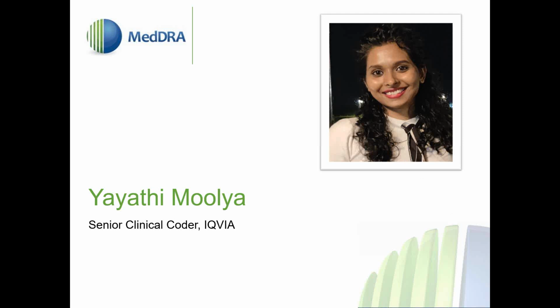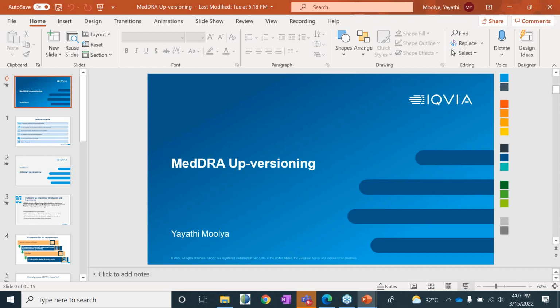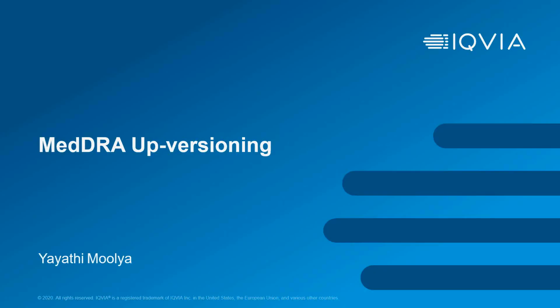Yeah. Did you mute yourself? Just a second. Hi, everyone. Good evening. My name is Yayathi Mulya. Thank you, Brian, for introducing me. Now it's unmuted. Can you confirm if I'm audible? Yeah, we can hear you, but we're not seeing your screen yet. Did you accept? I apologize. There is a bit of a... Yeah. Right. I'll just share my screen. Yes. Now we can see. Okay.